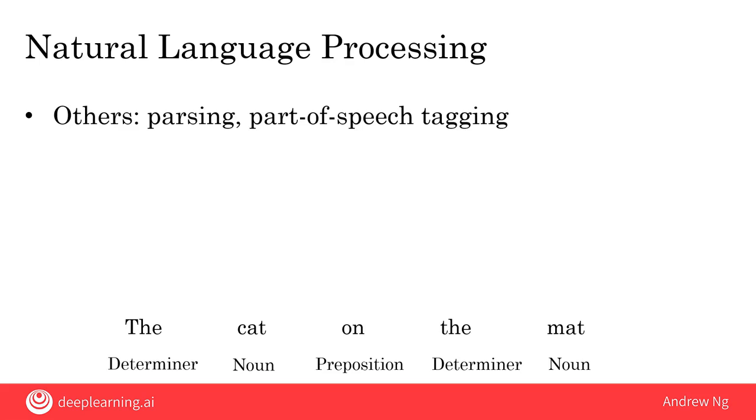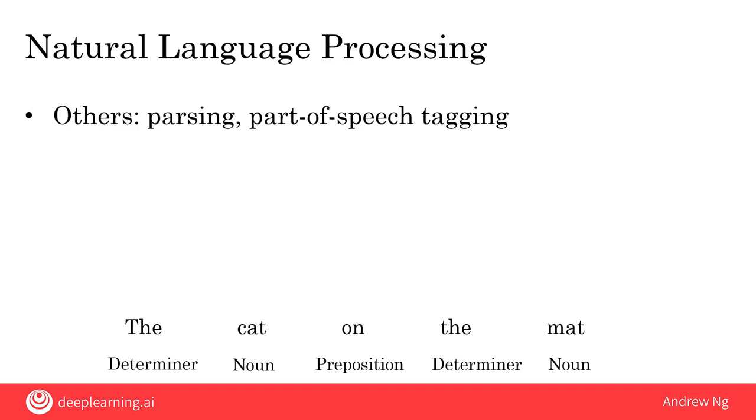A part-of-speech tagging system is usually not a final application. You hardly ever wake up in the morning and think, boy, I wish I could get all the words in my sentence tagged. But it's often an important pre-processing step. It's often an important intermediate step in a longer AI pipeline, where the first step is part-of-speech tagging or parsing, which we'll talk about in a second, and then the later steps are an application like sentiment classification or machine translation or web search. Now, what is a parser?